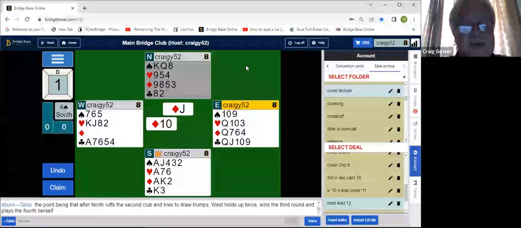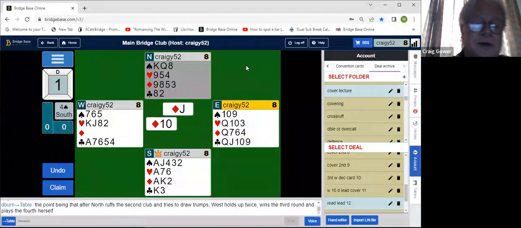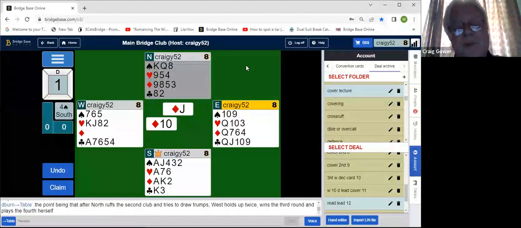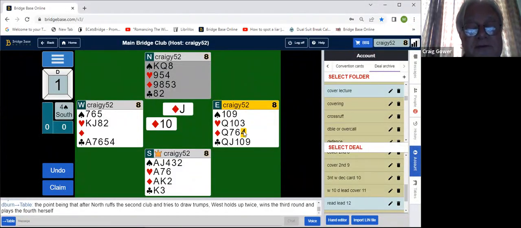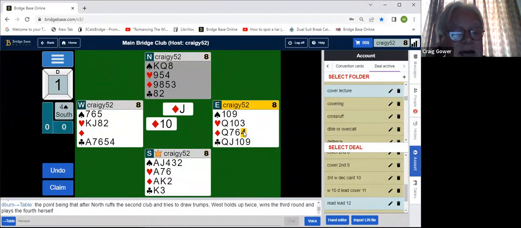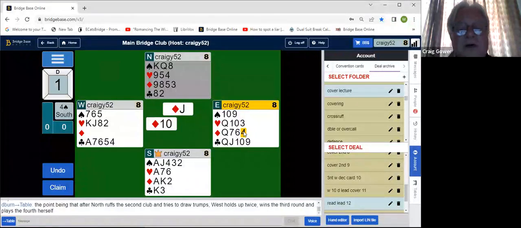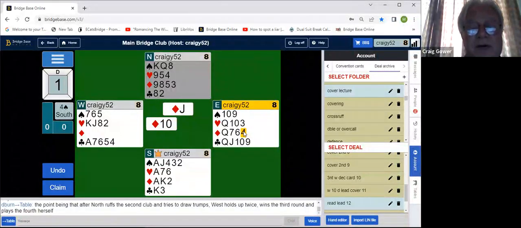Now, if partner's doubleton is the 10 and the 2, the declarer has got ace king bare. So it won't help to cover. And even if partner's leading a singleton, let's look at the effect of not covering. What you've got to understand is that if declarer has got ace king and the 2, by getting your queen out of the way, you're now allowing them to run the whole suit. So if we just play low,